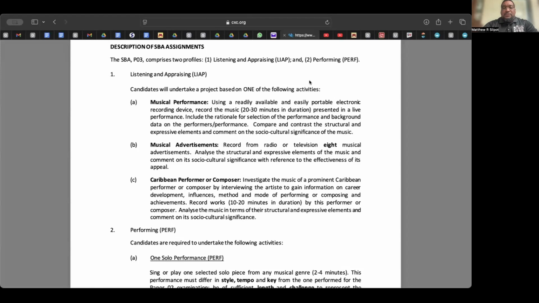And I will just share the syllabus straight from the web page, so we can have a better view and understanding, which you would have already generally, but we'll share that just in case. So here we go. We are sharing. Right. So on your screen, you should be seeing the description of SBA assignments, and we have paper 3 there